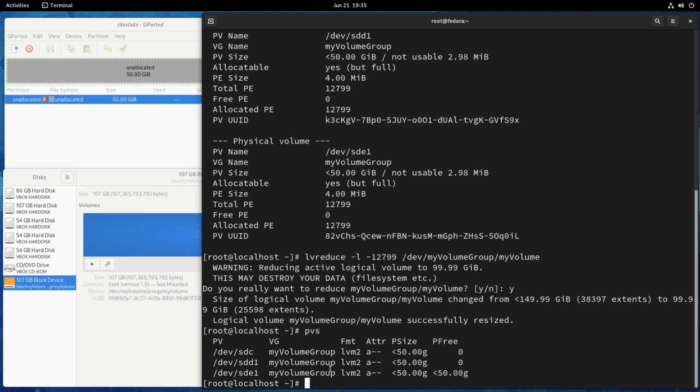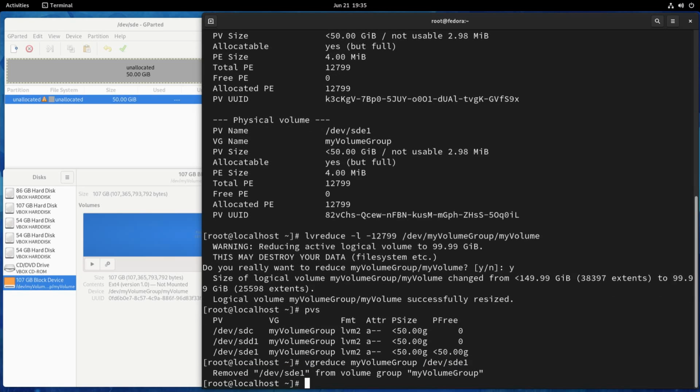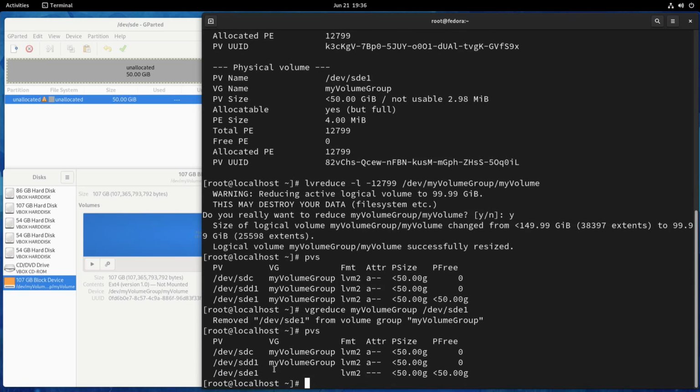We also need to remove it from the volume group. So to do that, we're going to run vgreduce my_volume_group /dev/sde1, and that's just going to remove that disk from the volume group. If we run pvs one more time, you can see that volume group is no longer listed. The physical volume is still listed here because the volume is still formatted as an LVM PV, but at this point we could go and repartition that disk with whatever other partition format we wanted to use, and it would